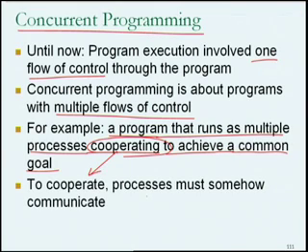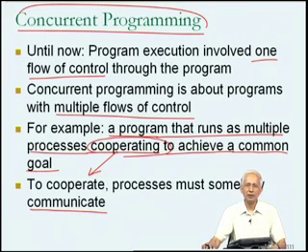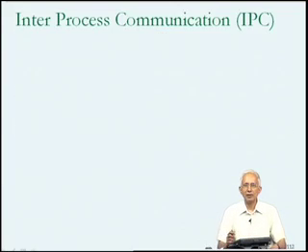When human beings cooperate, they communicate in various forms. Some of you may cooperate with others by talking. Others may cooperate by passing notes to each other. If you're not in the same room, you might cooperate by talking on the telephone, or by sending email to each other, and so on. These are all ideas which are related to communication. And we need to understand something about how processes can communicate before we can talk about what it means to do concurrent programming. So the immediate task is to talk about how processes can communicate.